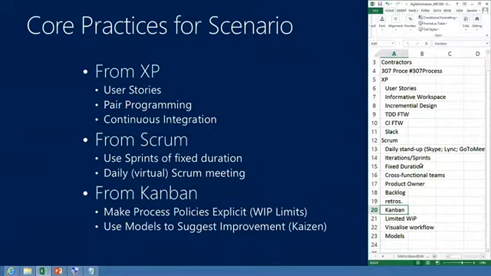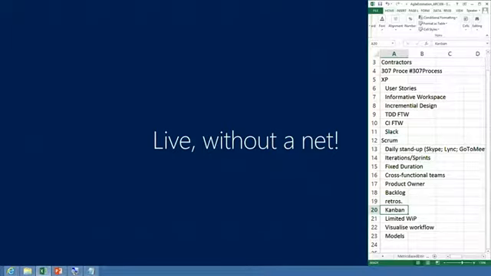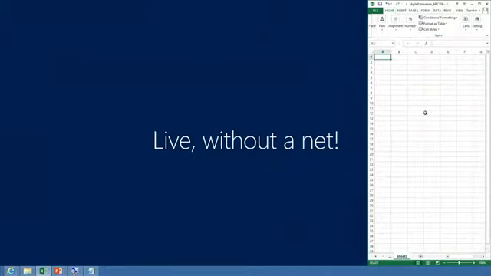Let's now go to the next slide, which is really the last slide, or the penultimate slide. This is where it gets fun, because we gave you a scenario. I think we can all agree I can type and talk. I think John's going to type and talk. So John, maybe I'll just keep emceeing and John will interject as well, but John will type and talk. So live without a net. You guys give us a scenario, and we're going to build a process together with that scenario. So someone start shouting out a scenario.